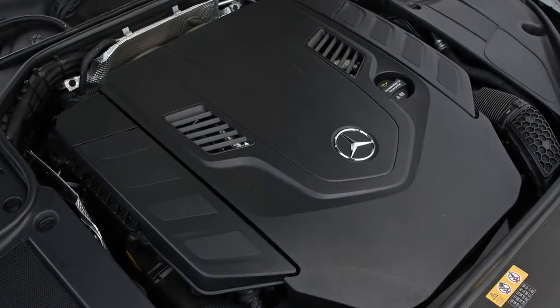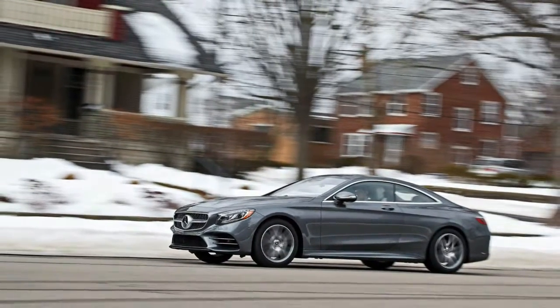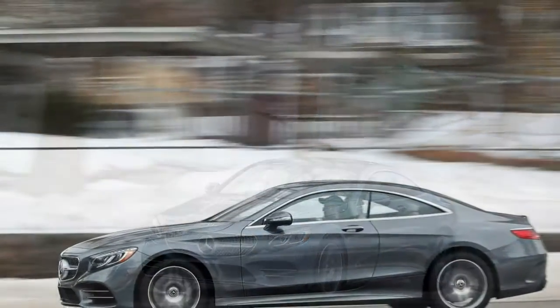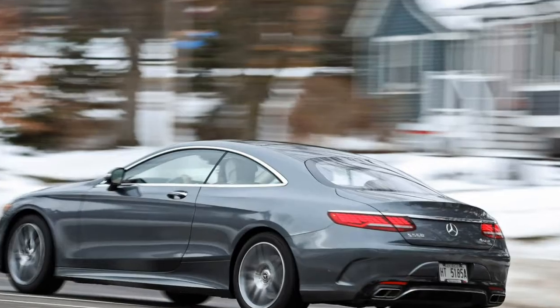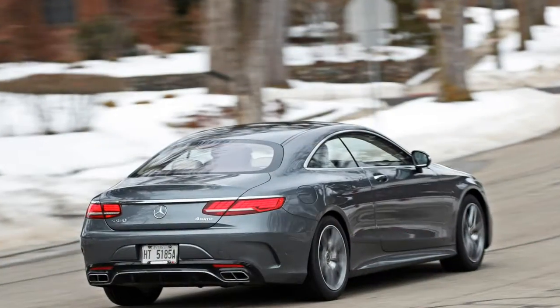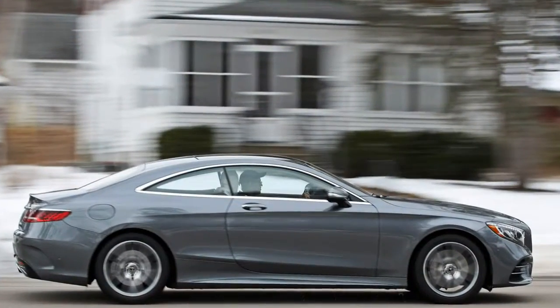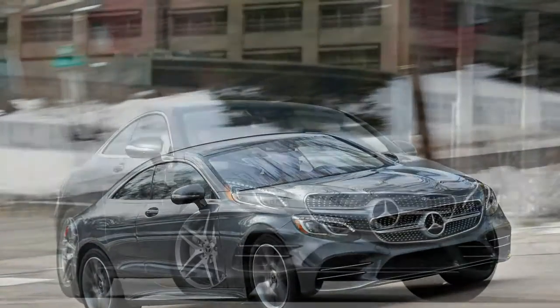and the $2,250 driver assistance package, a full suite of passive and active safety features including Distronic cruise control, active steering assist, and an advanced automated emergency braking system. All in, our S560 totaled $151,605. While that is what most people would consider a pile of cash, judging the S560 coupe's value is made